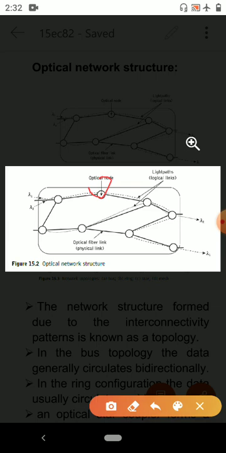A signal carried on a dedicated wavelength from source to destination nodes is known as a light path. See here, this dotted line indicates light paths. The data can be sent over these light paths once the connections are set up. In addition, a controlling mechanism is also required to provide for data flow during its transmission in order to authenticate the entire data transportation between each transmitting and receiving node.